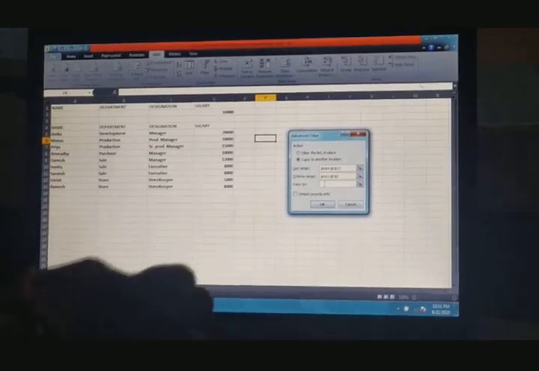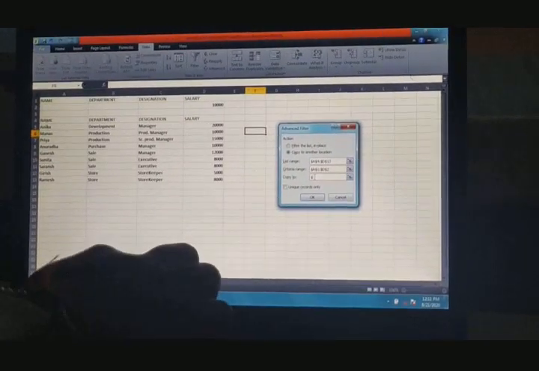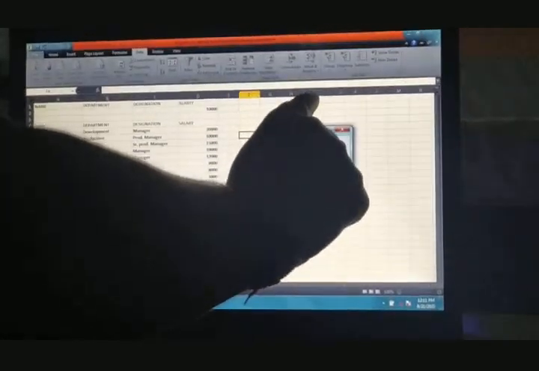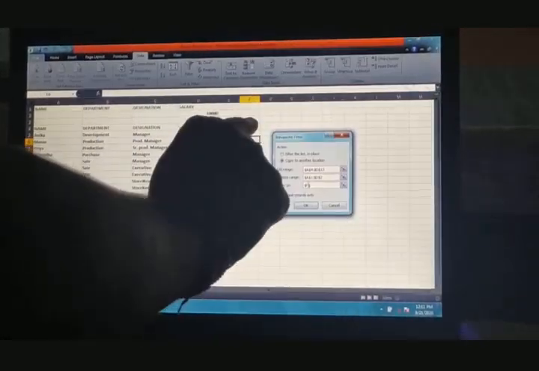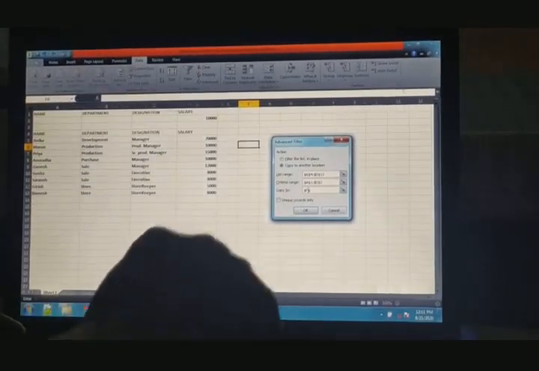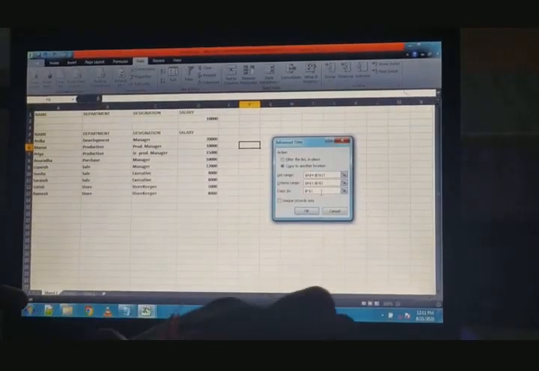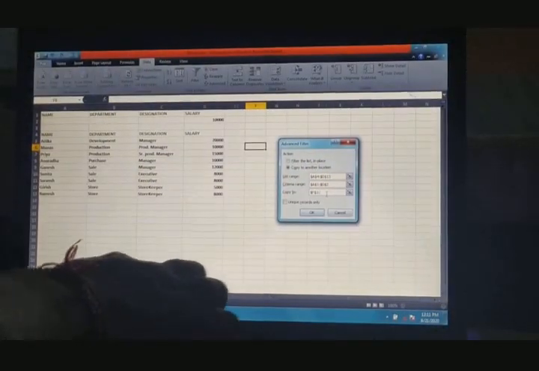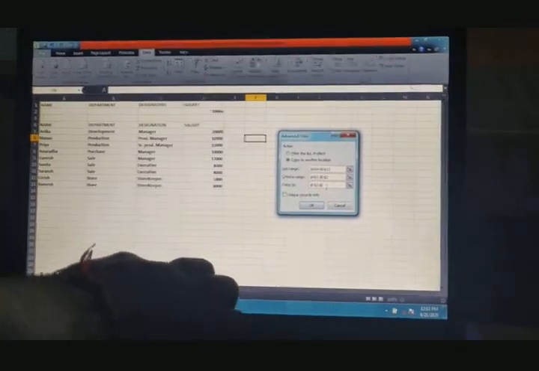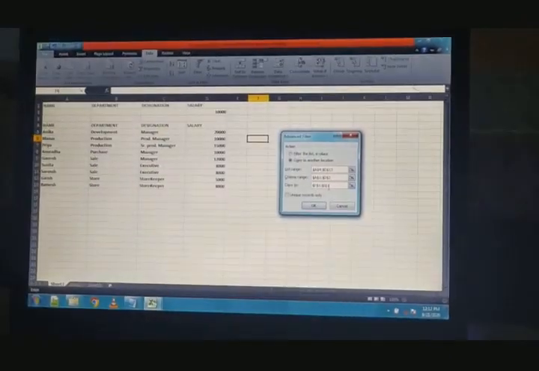So we define $F$1, we have to define the position of that, which means we have to define this position to display our output. So $F$1, colon defines the range, $I$1.